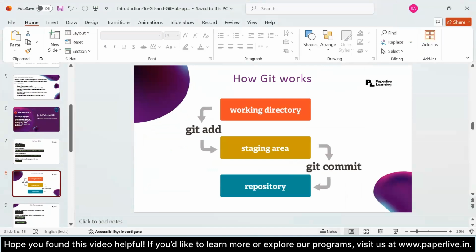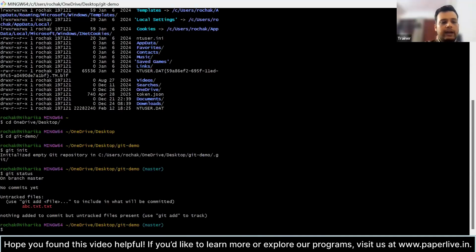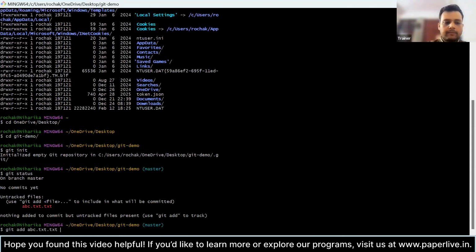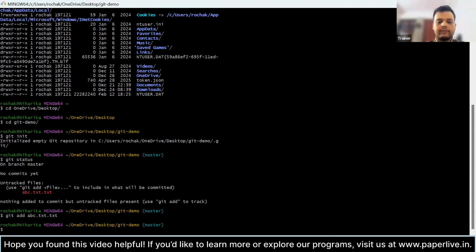So now what I need to do is, it will give you all the commands also. You see, git add. Now, if you want a file to be tracked by Git, it says git add, and I will give my file name. Perfect. Now, if I run git status again,